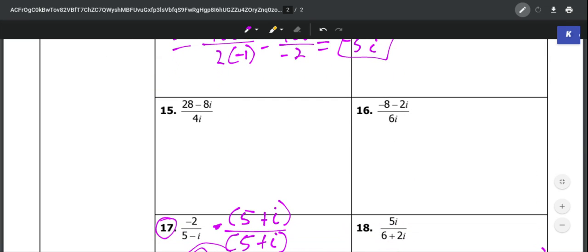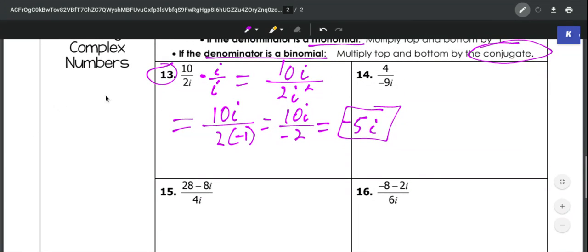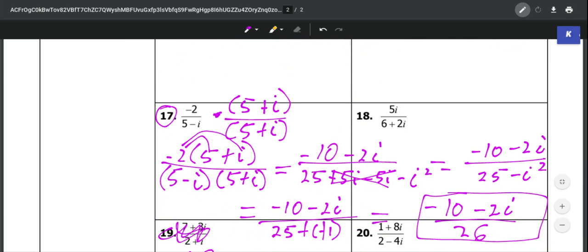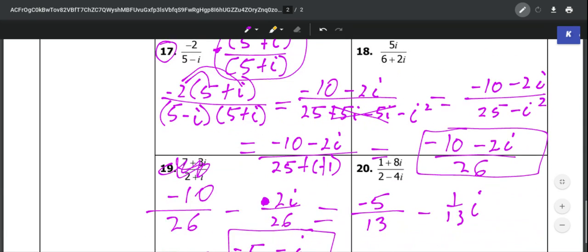You can't leave i on the bottom. So if you have a monomial, you can just multiply the top and the bottom by i, like we did here. And when you have a binomial, you have to multiply by the complex conjugate. And we'll do more examples of